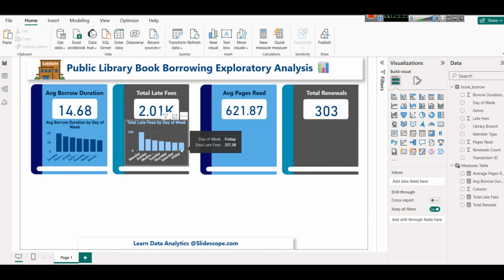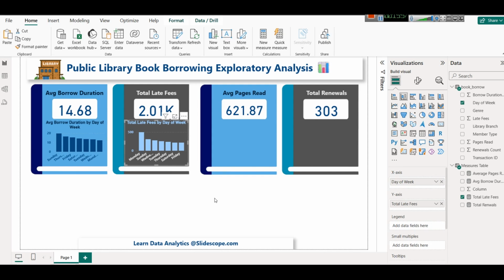So it seems like when people forget to return the book on Sundays or Thursday or Friday, they usually go on Monday and then submit. So whatever may be the reason, this is what data is telling us. Now, can we choose any other chart for such kind of analysis? Answer is yes. If you want to show some particular value as a top value, so you can select this